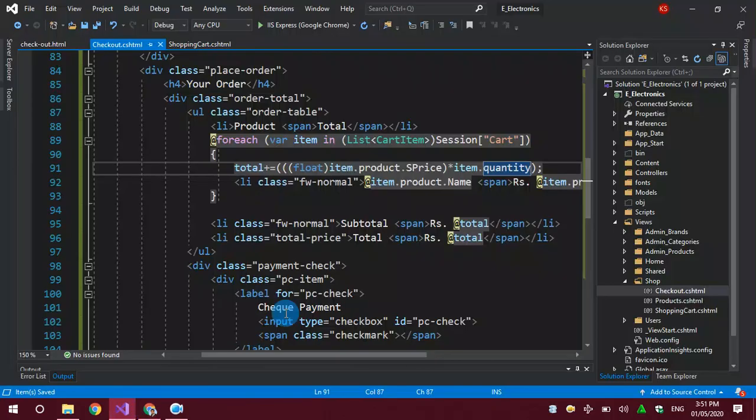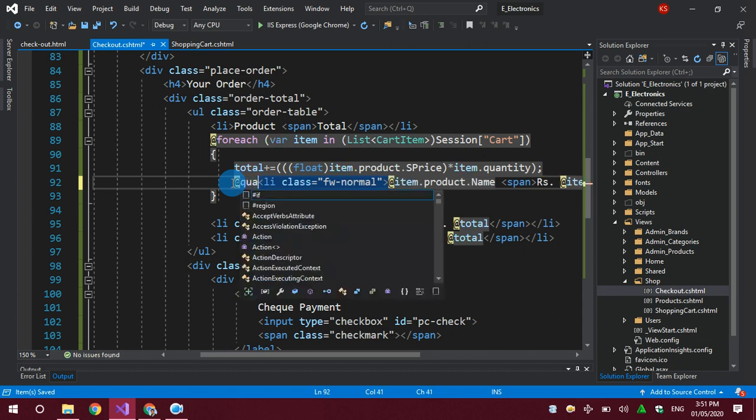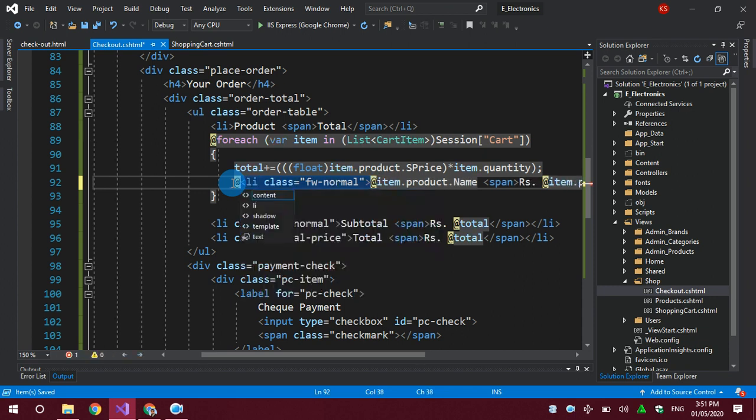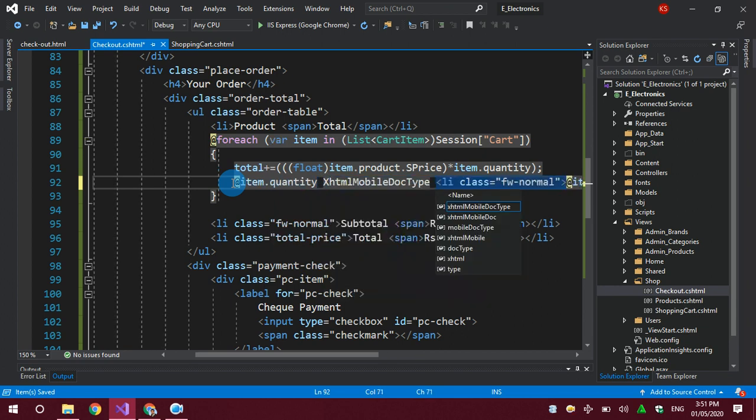One simple approach: you may also show the quantity here, how many items you are purchasing. I will use this method to multiply. I'll call the quantity here, item dot quantity. Now a simple x sign for multiplication.